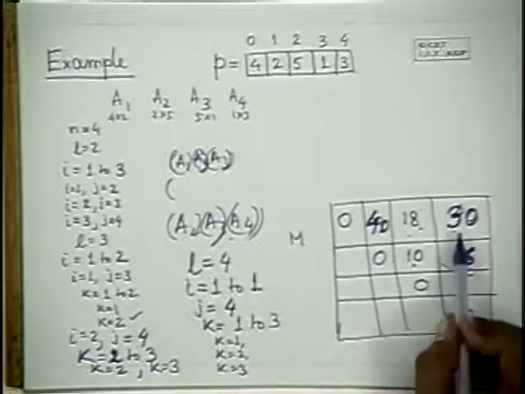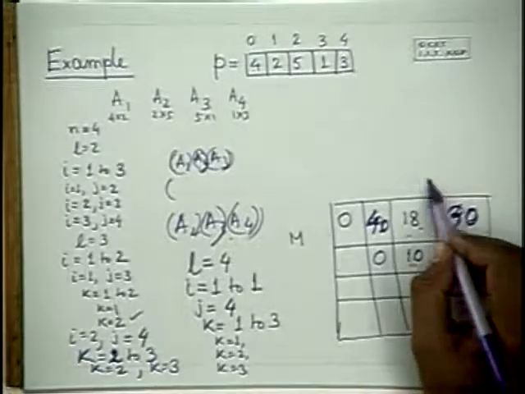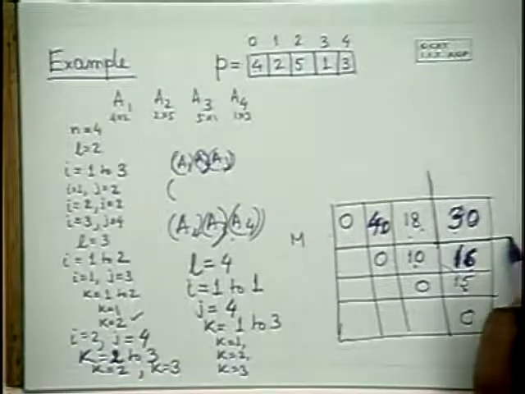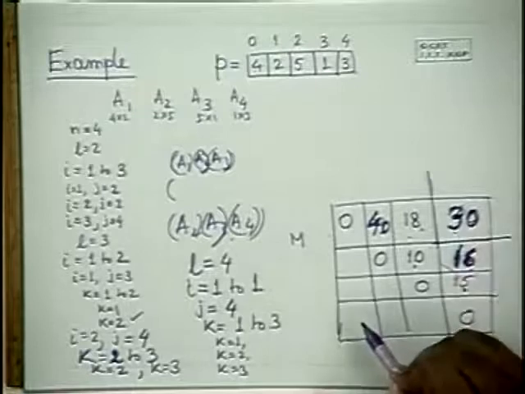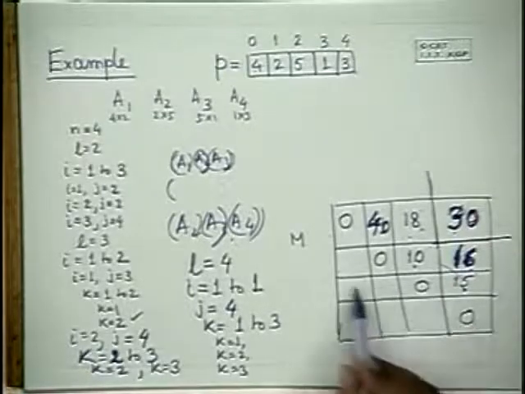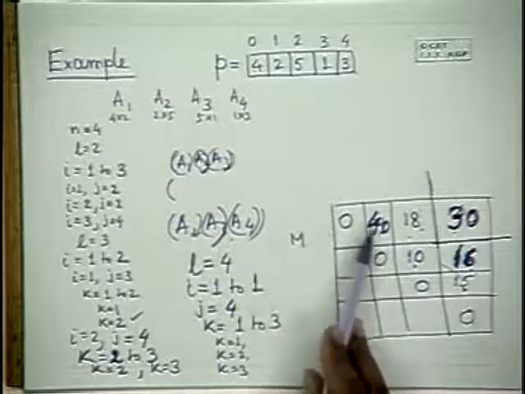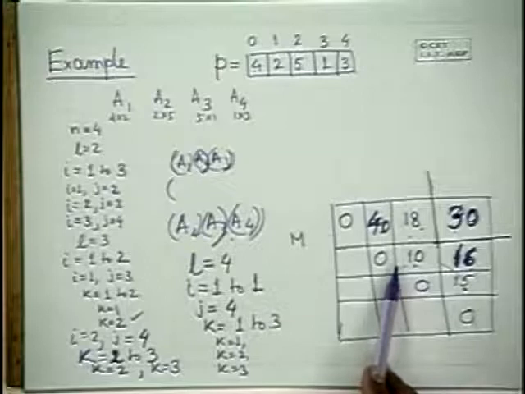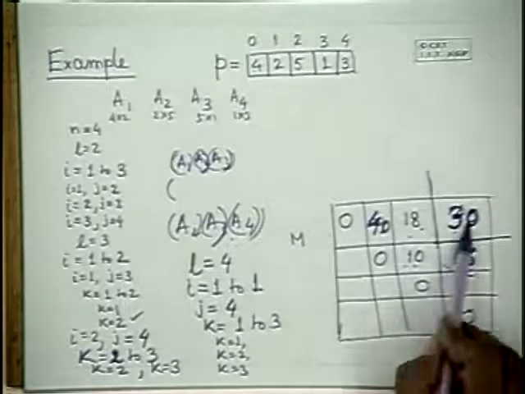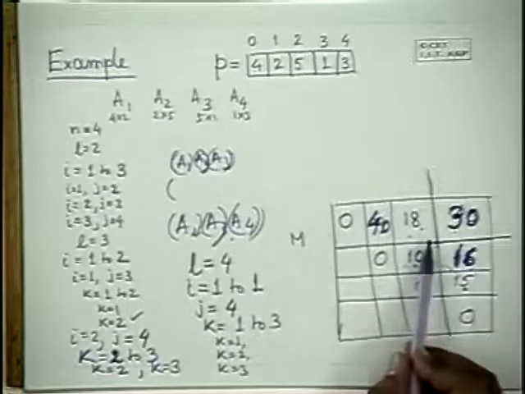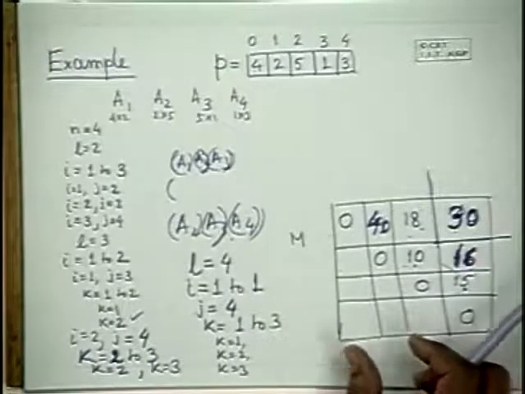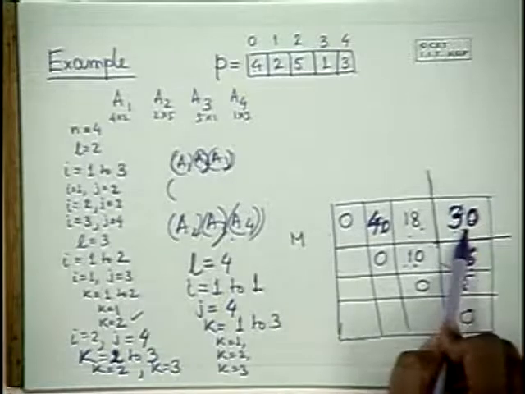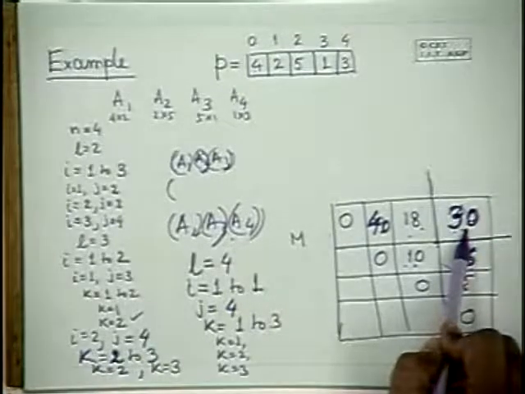And that's it. We have calculated everything and the minimum multiplication has appeared here. It's not 10. Minimal multiplication has appeared here, 30. Don't do this. These were helping to calculate the ultimate one. Don't take the minimum. This 10 was just to compute the two matrices. But when L is equal to 4, you are taking care of the entire sequence. And there you took care of all possibilities and then you kept the minimum. So 30 is the minimum.